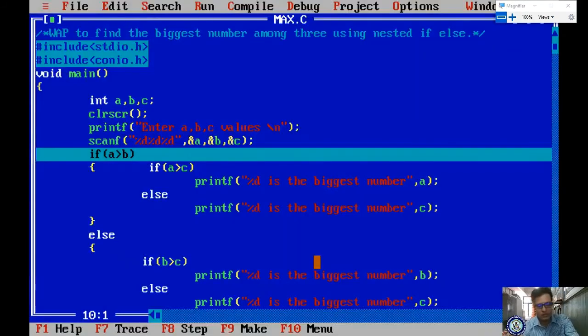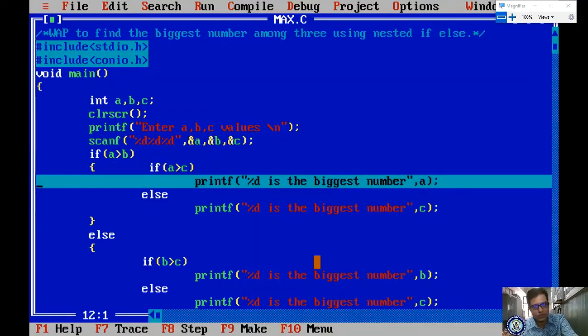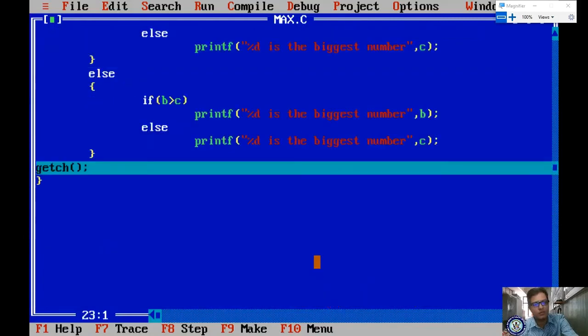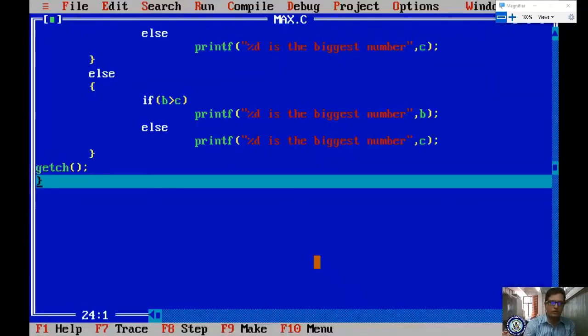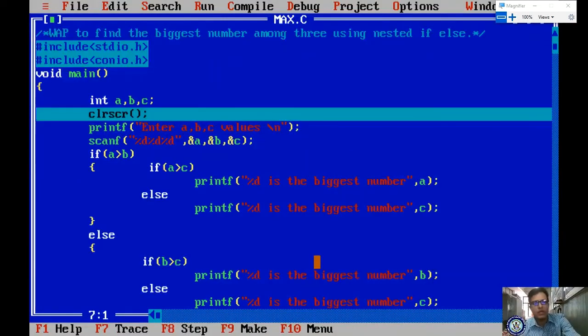It comes here, and 30 greater than 20. Condition is true. It will enter this block. Here one more condition is there, right? If 30 greater than 10, condition is true. Yes. Then this printf statement will be executed, and the rest of the statements will be skipped. Directly it is coming to the getch. I'm getting the output. Clear? So likewise, you can evaluate. I'm once again running this program for your understanding, using F7.